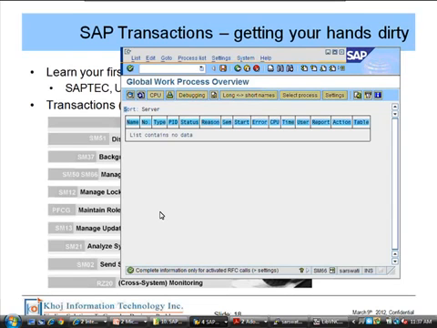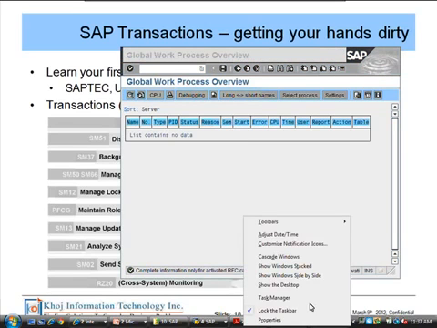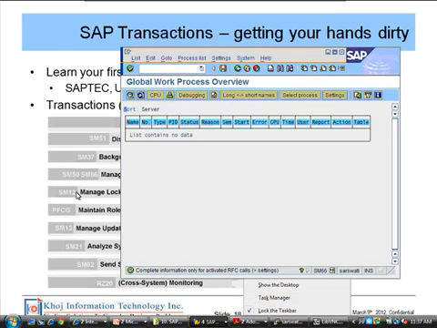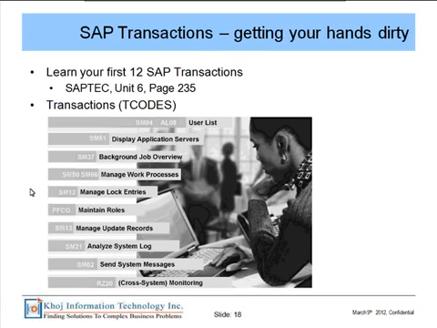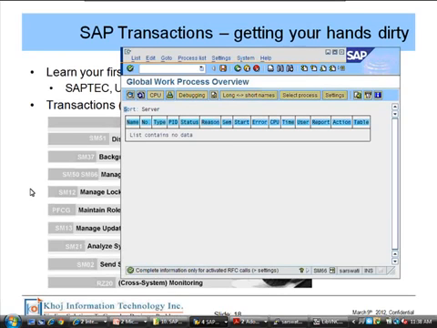You need to know what is running in your system. Is it running slower? Is it in a hung status? You need to know what the system is physically doing. It's very similar to a Windows system: when you say the system is slow, you look at what is running in the background, right-click and open Task Manager to see the processes. Same thing. Hopefully we will cover it later. All of this is going to be covered later. This is just the tip of the iceberg. Okay, got it.